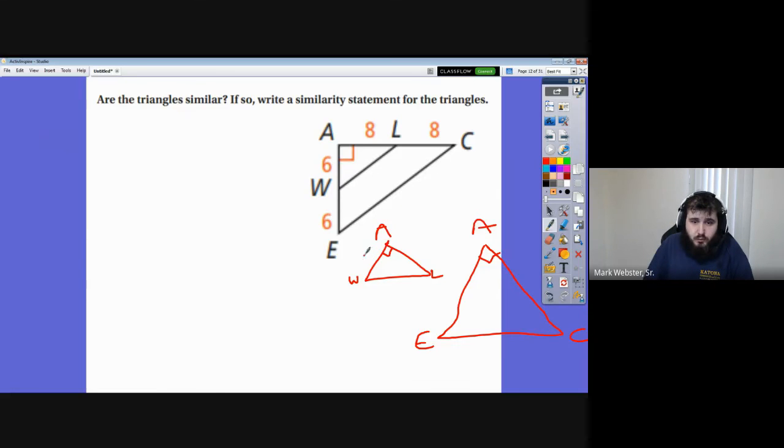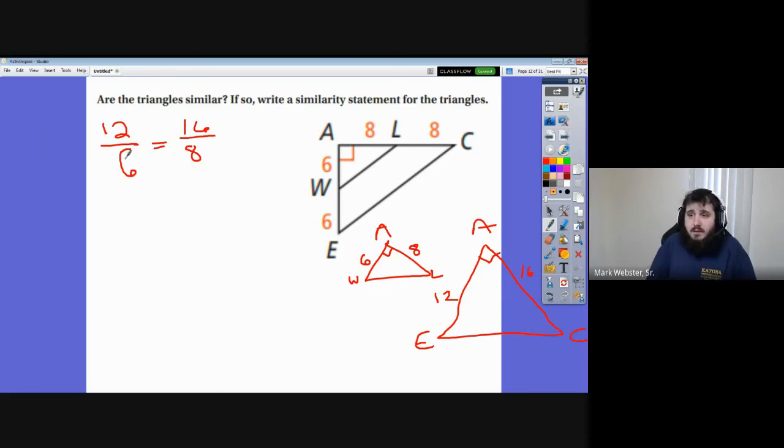And then AW we know is 6, AL we know is 8, AE we know is 6 and 6, which is 12, AC is 8 and 8, which is 16. And if we do the math, right, side, angle, side, so we got, again, I like to go big over small because usually that means that my math is easier. But it doesn't matter. If you want to go 6 over 12 equals 8 over 16, you're going to get the same result,